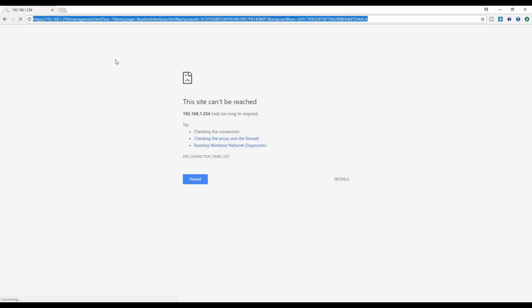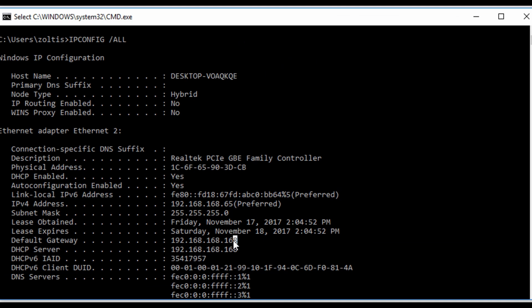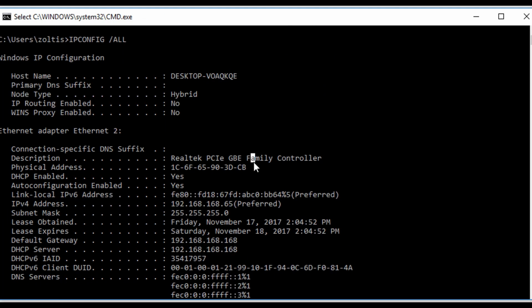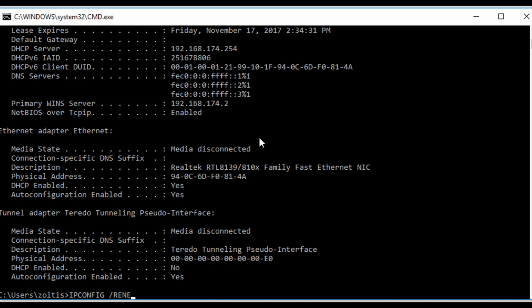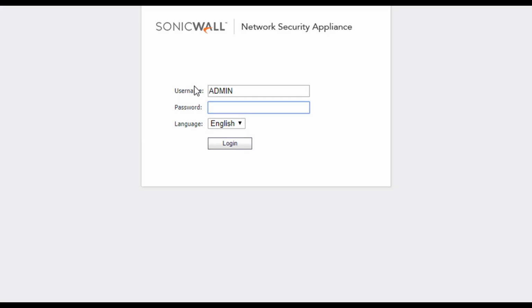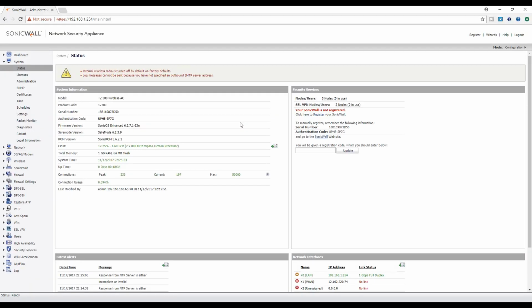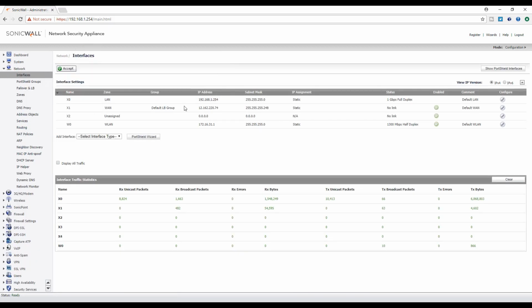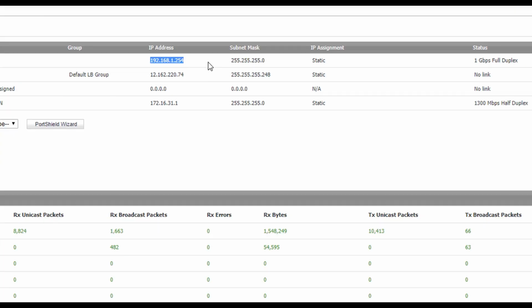Because of the IP address change that you just did, you will be on a different network address. So now you need to wait and see if you have gotten a new IP address under that range. I'm gonna renew the IP address, and it will come back eventually. So let's log back in now that it came back on the new IP address. And now that we're inside the SonicWall firewall, you will see under the network interfaces that the new IP address for the SonicWall firewall is